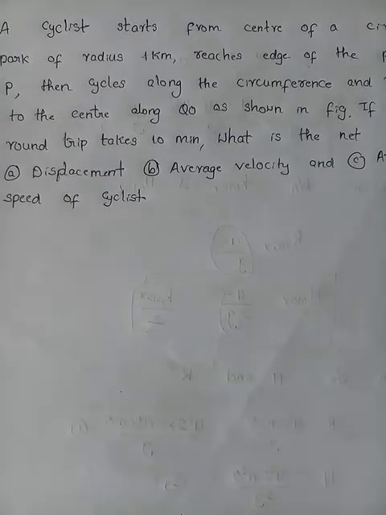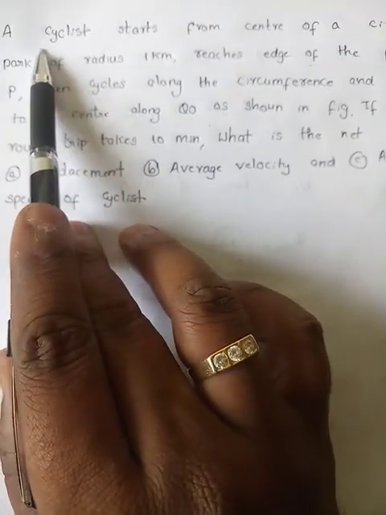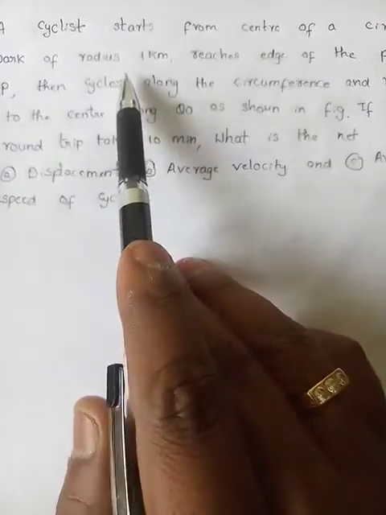Today in class I am going to discuss problems on the concepts we discussed previously. So, here is a problem based on average speed and velocity in two-dimensional motion. They have given a question that a cyclist starts from the center of a circular park of radius 1